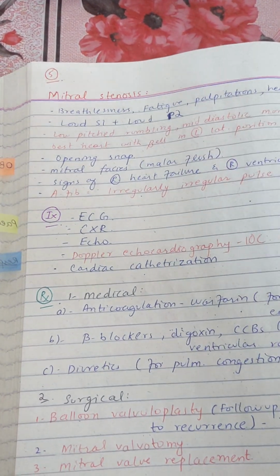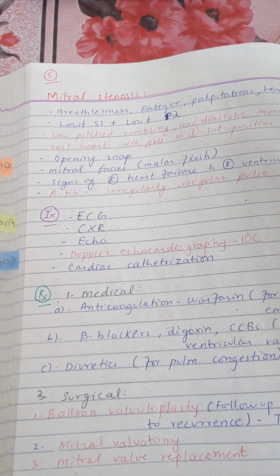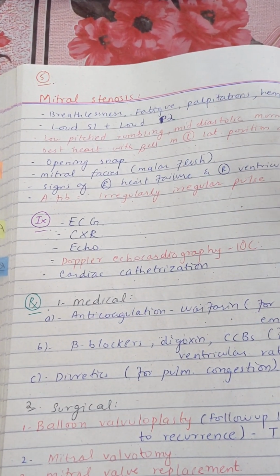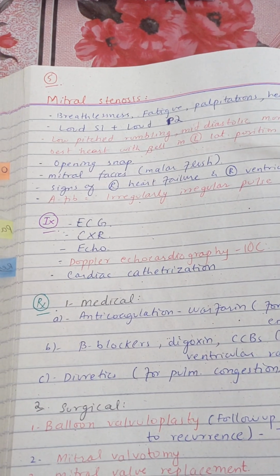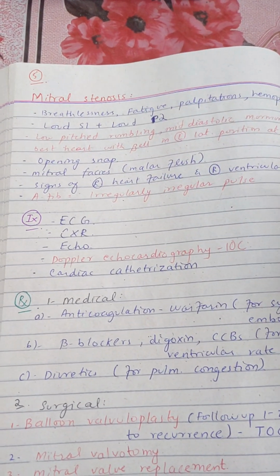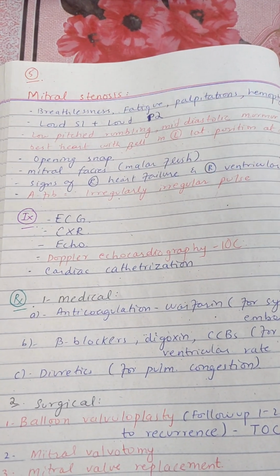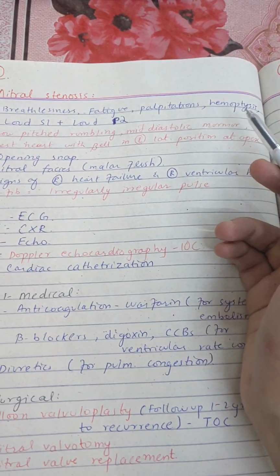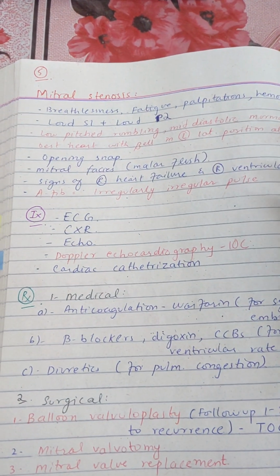loud P2 component. So mitral stenosis is the narrowing of the mitral valve, and it's the valve between the left atrium and the left ventricle. So if it is narrowed, what can be the possible symptoms in the child? That there will be breathlessness, fatigue, palpitations and hemoptysis, and on examination there will be a loud